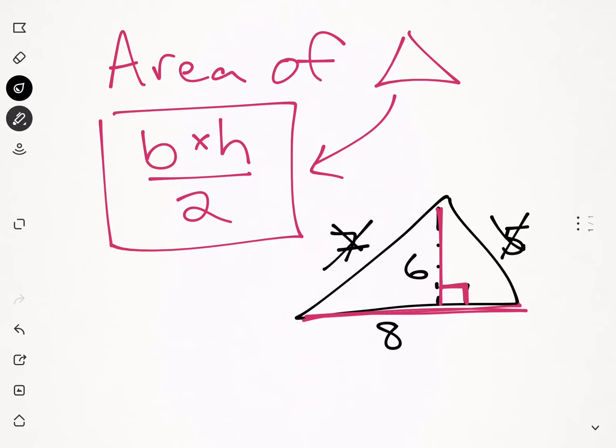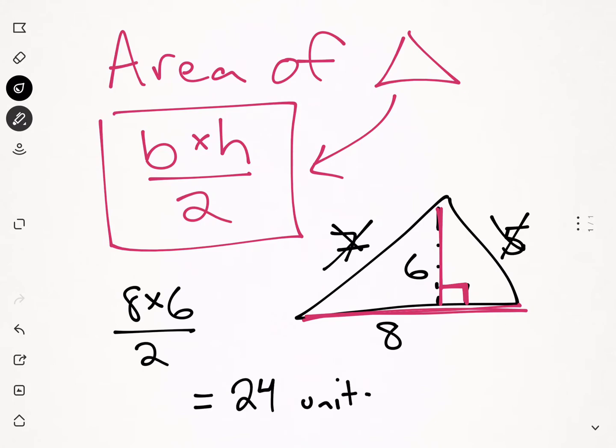Cross those out. So to find the area of this triangle, we would do 8 times 6, which is 48. Divide that by 2, and we get 24 square units. So once again, area of a triangle, base times height divided by 2. Next example,